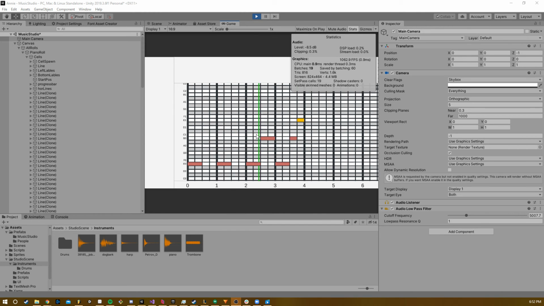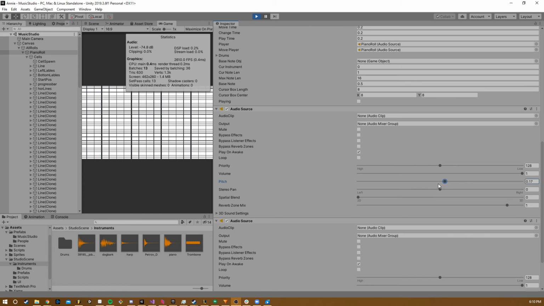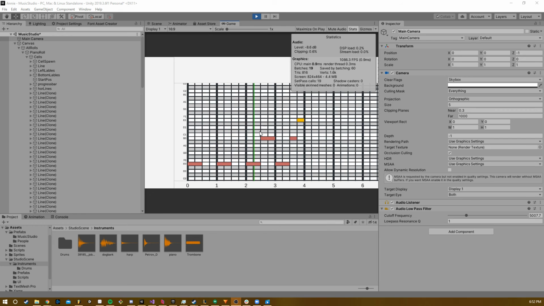Some other changes I worked on this week were adding multiple note lengths, adding drums. These just change the sample instead of the pitch when you change the y-axis. Some quality of life changes, such as adaptive cursor movement, a song progress marker,